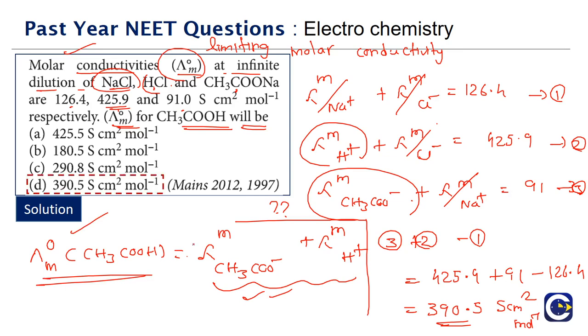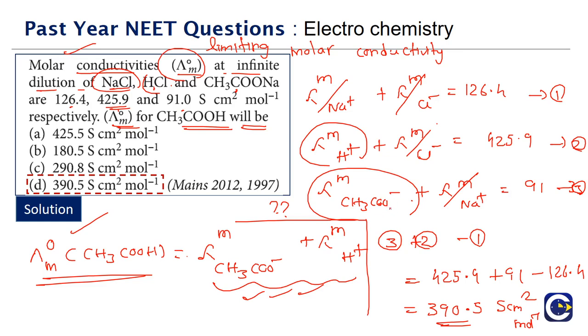So it's a very standard type of problem. Any Kohlrausch law based problem, we will take the same kind of approach. We will look at the expression we need to get the answer, and we will write down the limiting molar conductivity expressions for the given electrolytes, and we have to see which kind of addition or subtraction will fit. Sometimes we may have to multiply the equations by a factor and then add them and then subtract them like that. So we have to carefully choose, because it's a basic mathematical operation type of question.